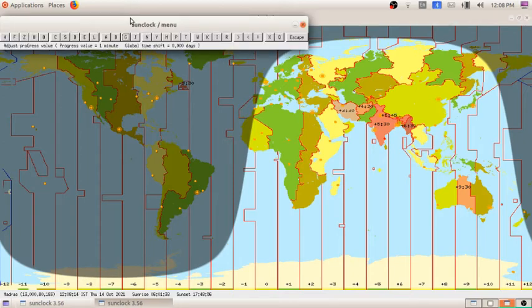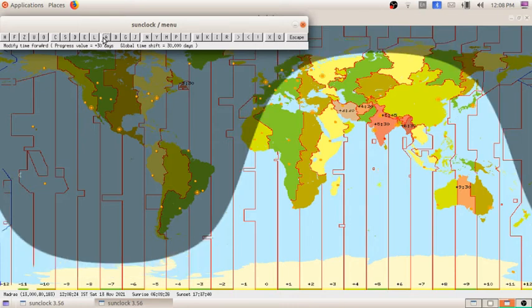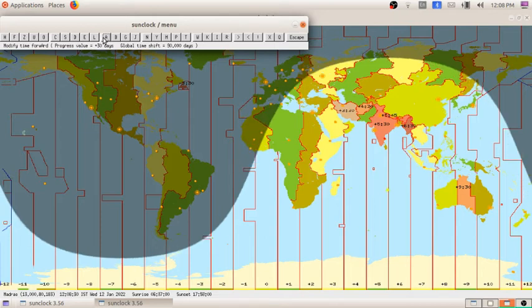In the adjust progress value, I am setting 30 days. After that I am moving backward. No, it is moving forward. Anyway, we will move forward.